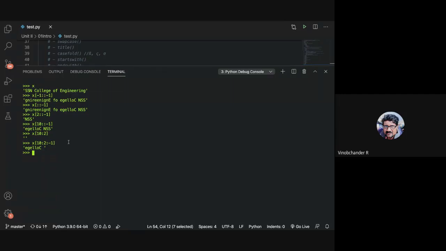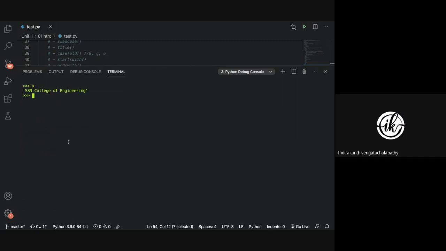Okay, any doubts on this slicing? Sir, when we write x, 2, minus 1, it starts from 2 and ends at minus 1. I want the logic, sir.